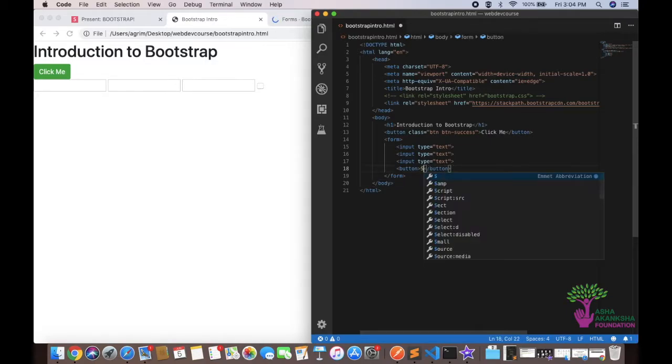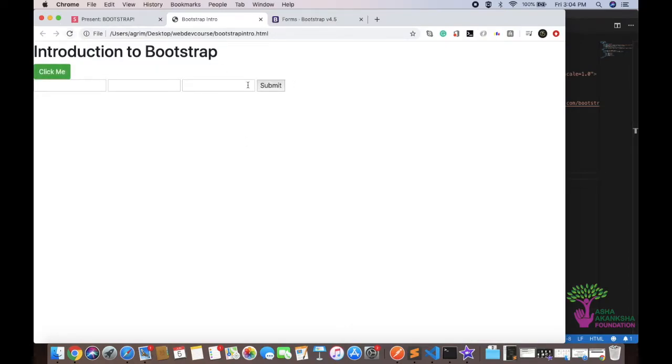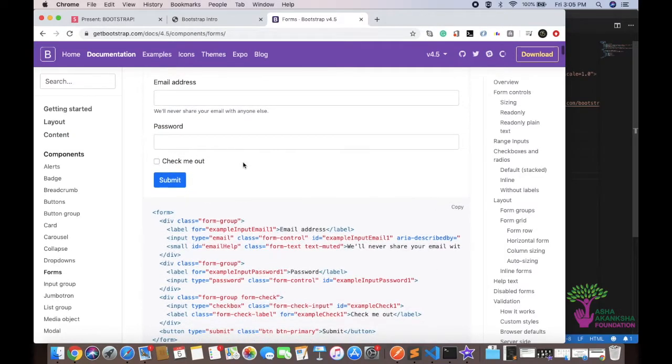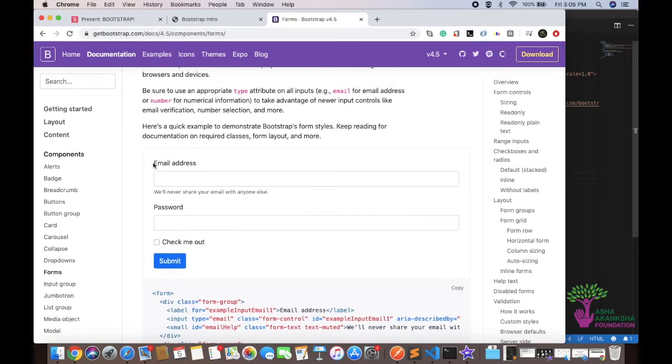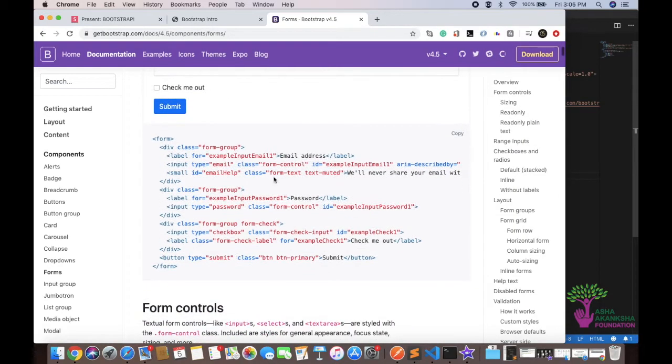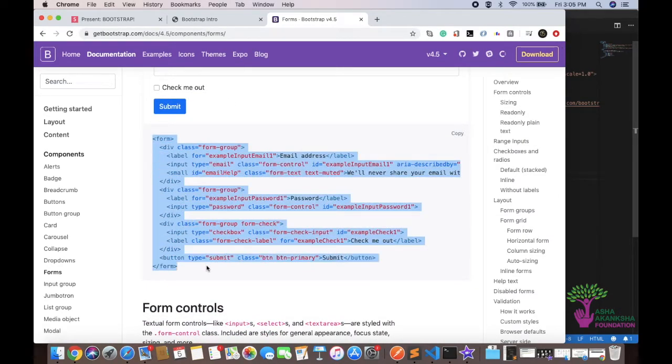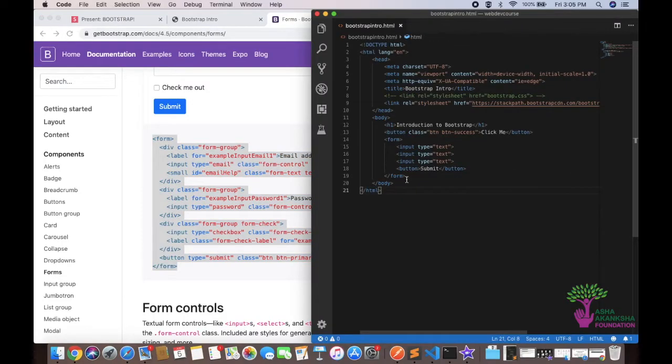So yeah. And one thing that you should know is that if you have one button in the form, it is automatically the submit button by default. So the form will know that this is for submitting. So we get this, a little unstyled, and earlier we put BR tags on this, and it wasn't looking really good, like right now too. So what we can do is we can make something like this, and to make this we don't have to do anything except copy this, paste this instead,